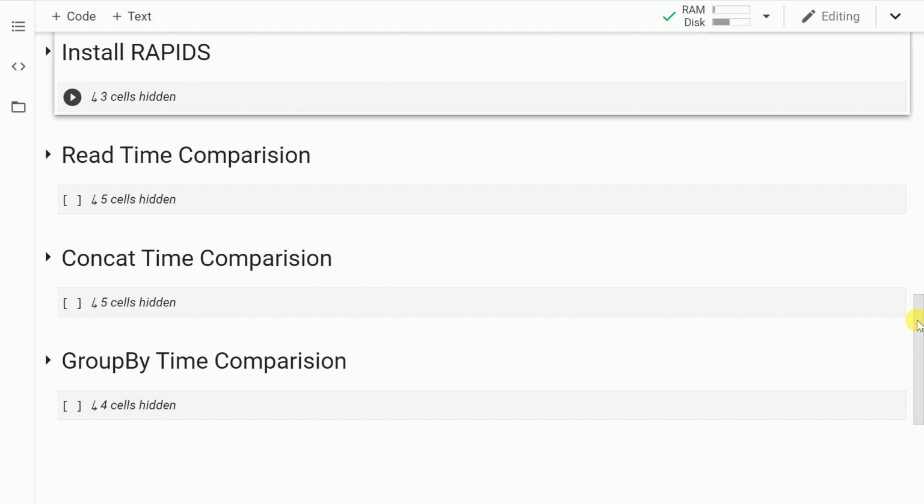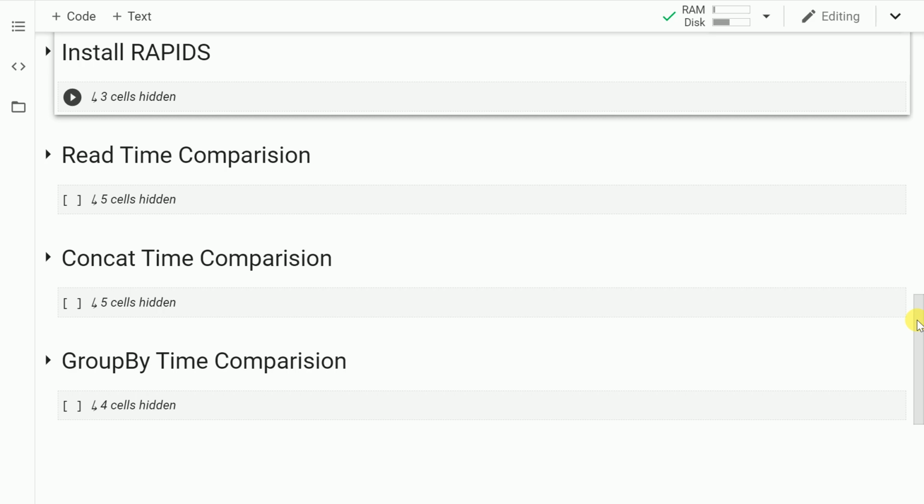So before I proceed forward and begin the installation of the Rapids library, one thing that I would like to specify is that out of all the GPUs that are available on Google Colab, the compatible GPUs are Tesla T4, Tesla P4 and P100. So if you are allocated any other GPU, you'll have to restart the runtime and then go forward.